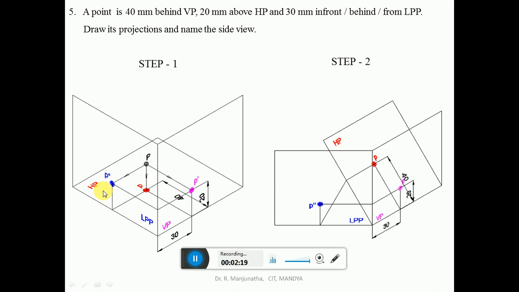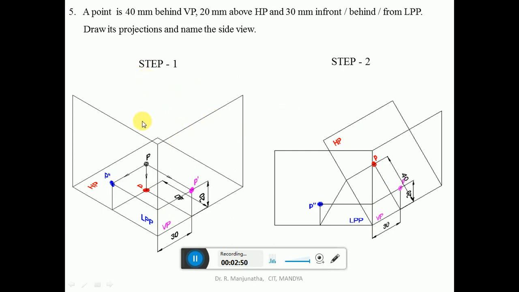Further, the condition of the observer will play a major role. When you look from the front view, the plane is between the object and the observer. This condition has to be satisfied in the left profile plane. That is basically because LPP will be in line with the VP, which is what we can see here. The vertical plane will be in line with the LPP, because the profile plane is the one which has been rotated here to the top.